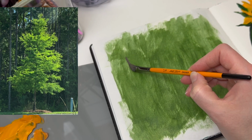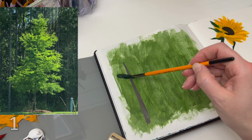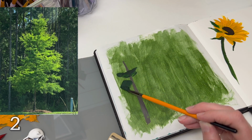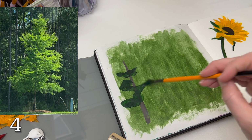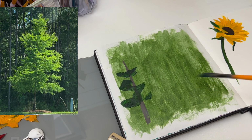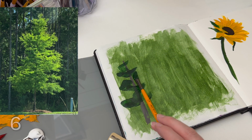All right, on to painting number 3. This tree I honestly thought was gonna go easier than all 4 paintings, but I think I probably did the worst on this one. I don't know, maybe the next one might have been worse. I don't know. But I had taken a break